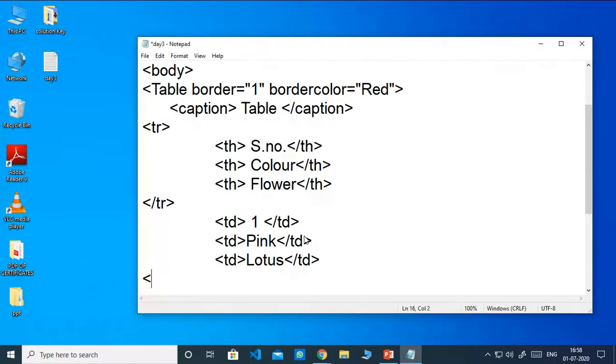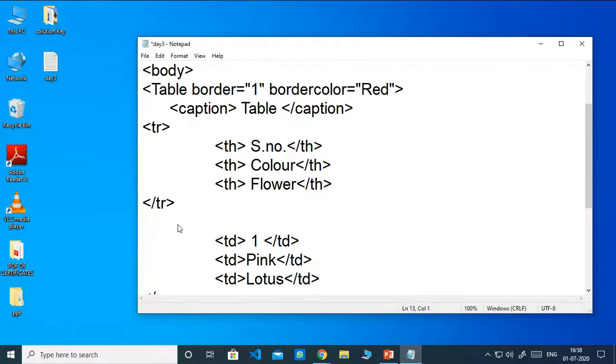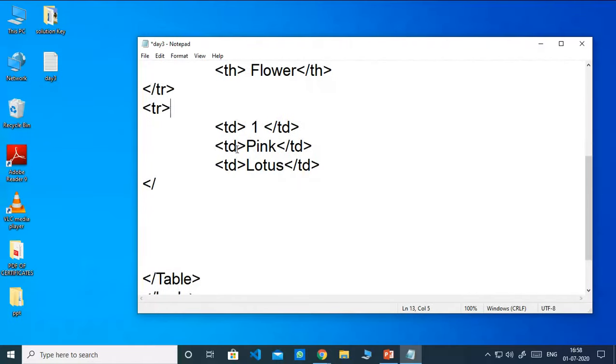And now the second row is over, so we'll type the closing tr. And here, see children, we have to start a new row. So what is it? New row, tr. We have to start with tr and then close the tr. The second row is closed. Now we want to create a third row.